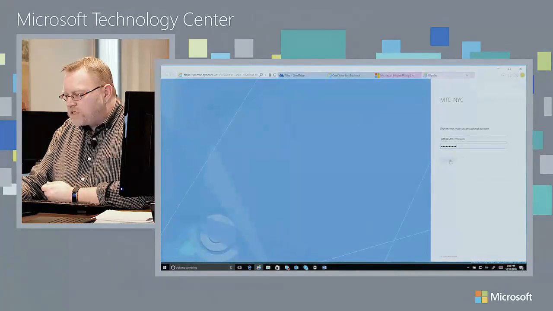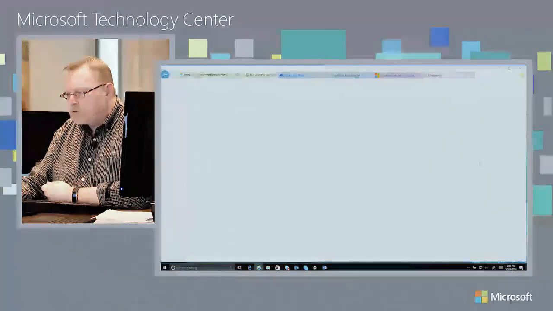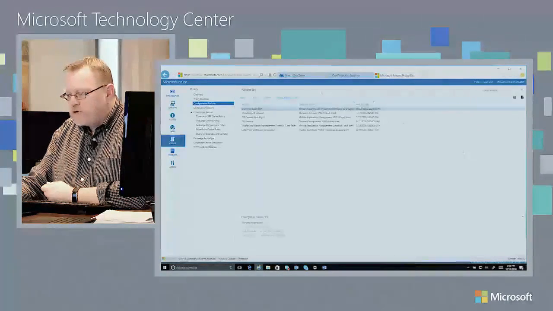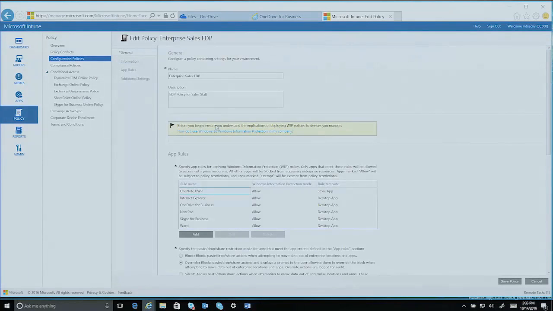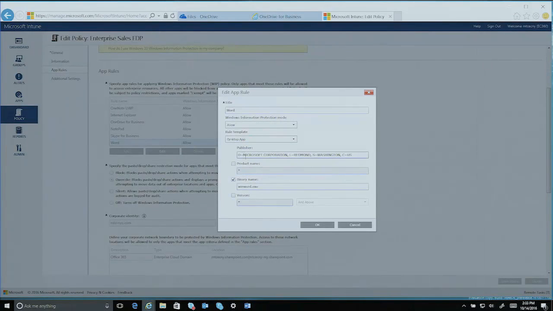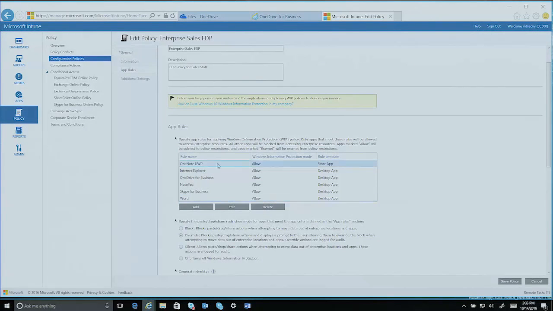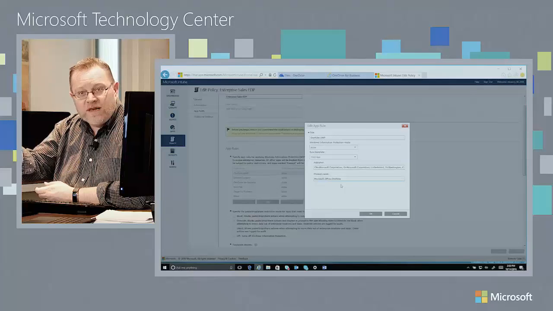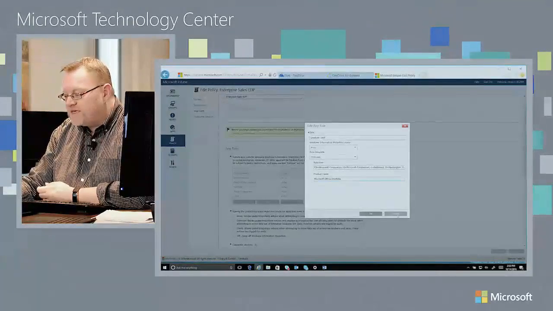Now, what I actually have here is a completed policy already. So I'm actually just going to re-authenticate here and drop back into the Intune portal. So I've just got my new token back there. And I'm going to open up my existing enterprise sales policy here. So you can see I actually have a number of different applications set up, and you can come in and you can see Word here, and there's my publisher certificate at this time. I've also got universal Windows platform applications such as OneNote in place. So folks can use OneNote with the click of a button on their Surface device as well.